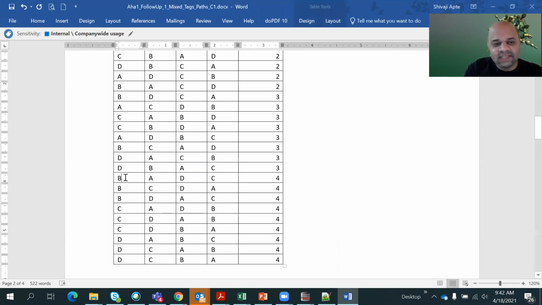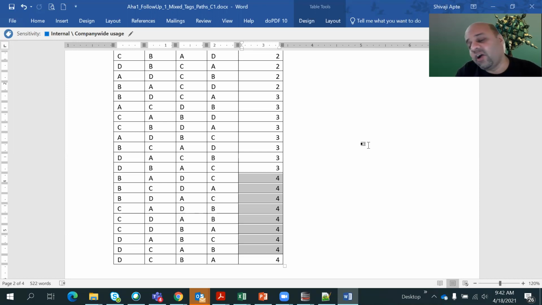So see, this is also a wrong combination. Nothing is correct. A has got the label B, B has got the label A, C has got the label D, D has got the label C, right? Then B, C, D, A. This is also wrong. Like this, B, D, A, C, that is also wrong because A has got B, B has got D, C has got A, D has got C. So many possibilities. If we count it all, 1, 2, 3, 4, 5, 6, 7, 8. There are 8 ways. There are only 8 ways.